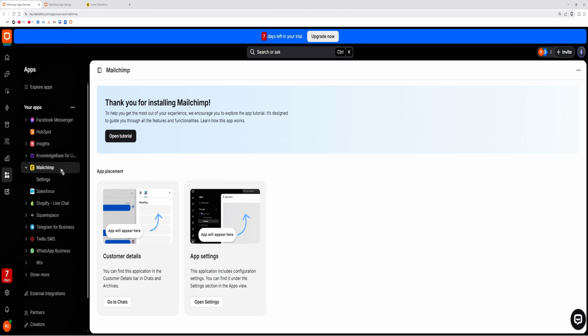So just click on it, and you can now go ahead and click on Open Settings, or click on Settings right here to customize Mailchimp or the integration. Okay, click on Connect with Mailchimp right here, and just log in with your Mailchimp account. Okay, once done, scroll down, hit on Allow,